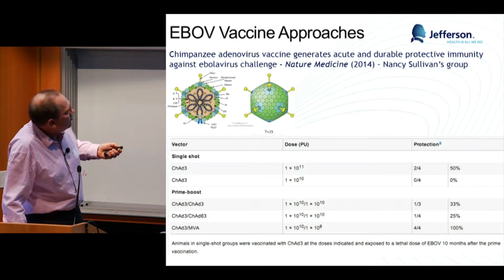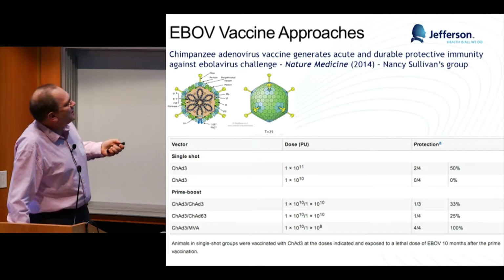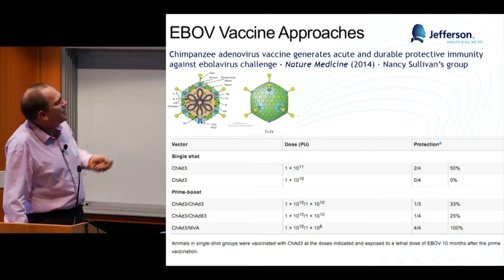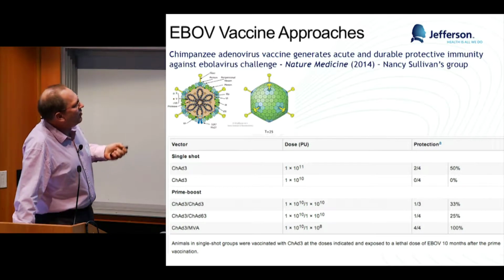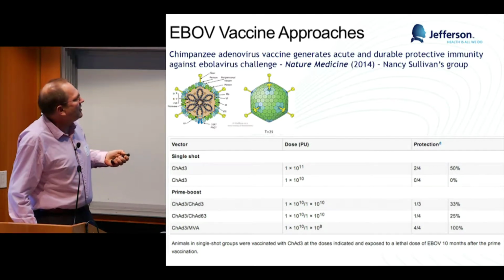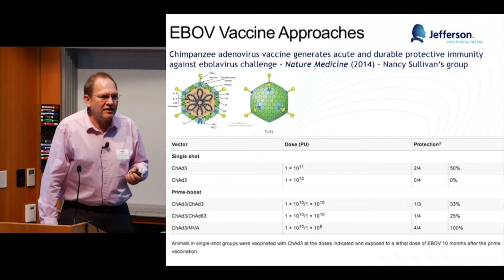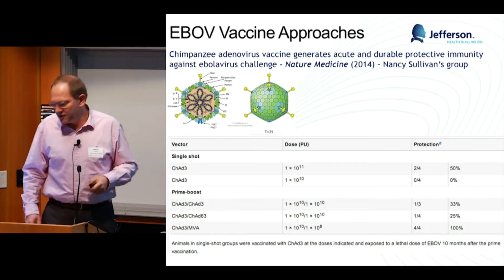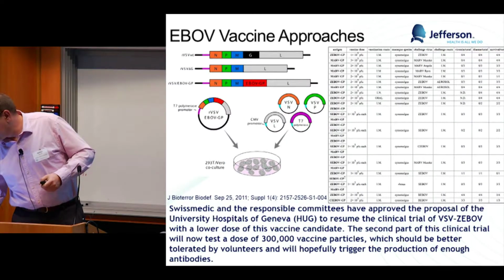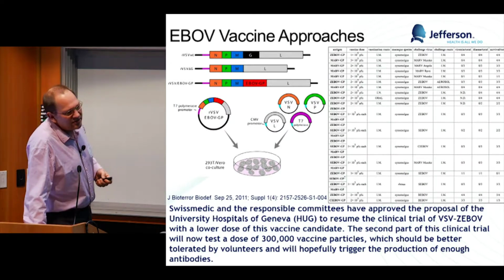So that would be the approach. I still have to say for emergency vaccine, that probably would be okay. 10 to the 11, but for long-term vaccine, GSK has to work a little bit on that, and introducing another viral vector won't be that easy if you have to prime boost with two different ones. So the next one, which you heard a lot about, is probably the vesicular stomatitis virus.